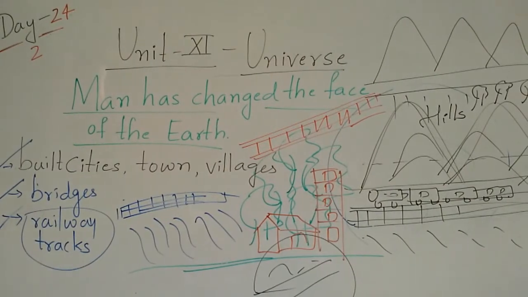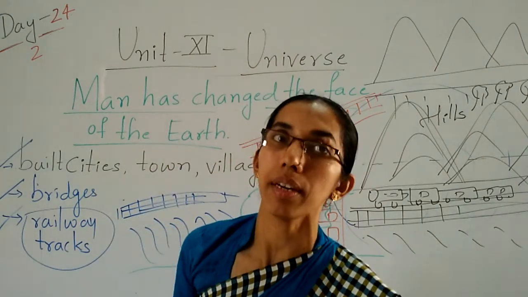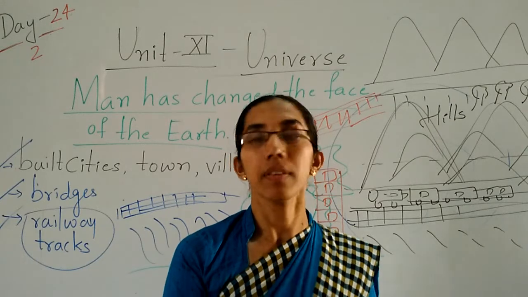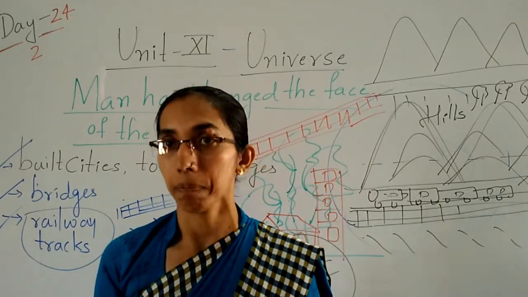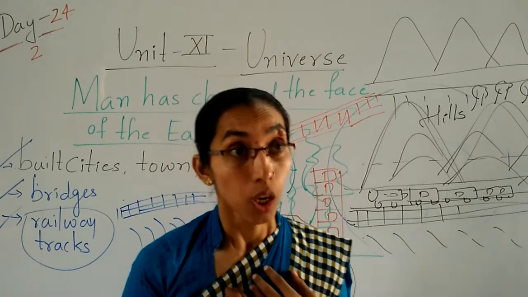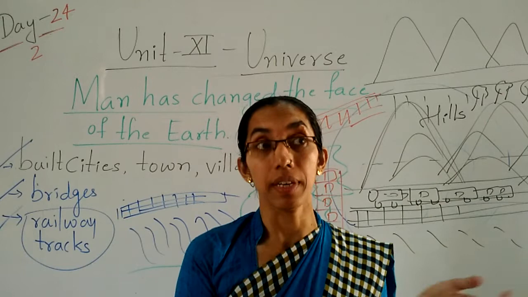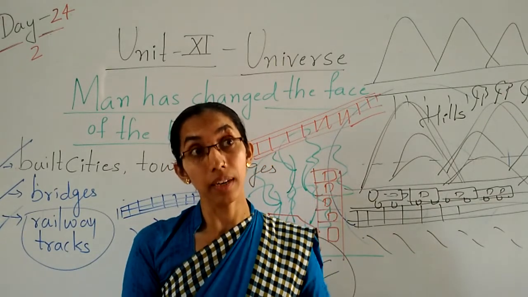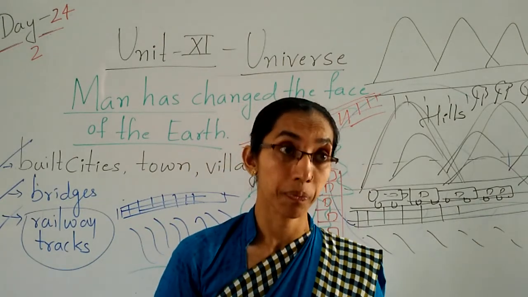So children, we must live in peace. In India, you can see there are 28 states. All the states have different dressing styles and different languages. They look different only, but we all are human beings. They celebrate different festivals, we celebrate different festivals. That is the difference we can see in India only.